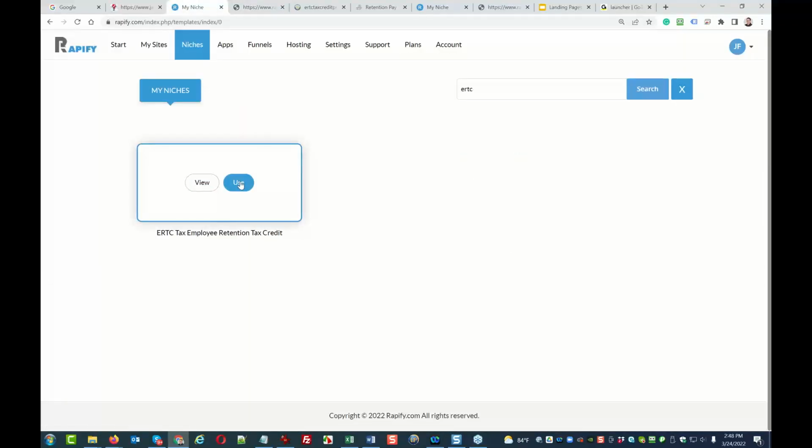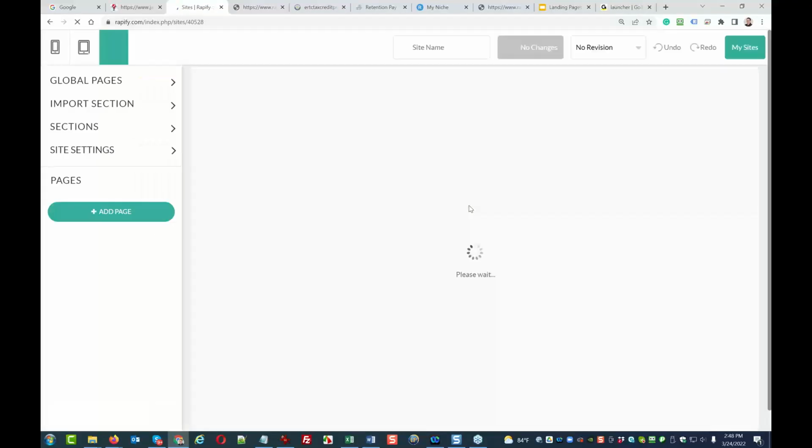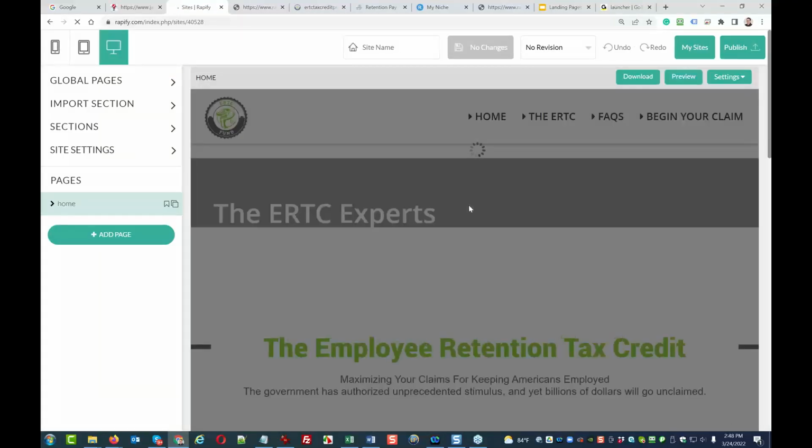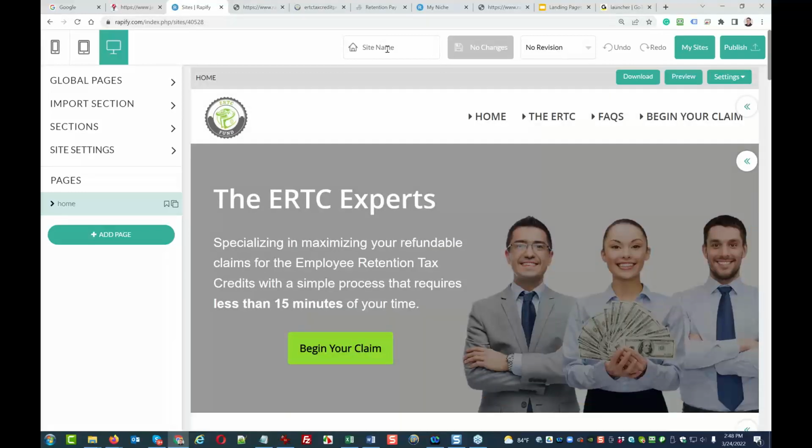Now when you click on use, you load that website inside the website builder. Once it is loaded, you give it a name, like E2C demo. It doesn't need to be text.